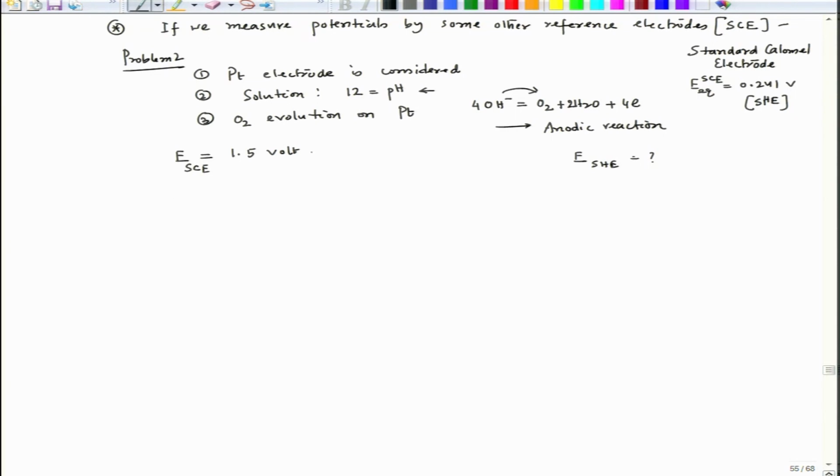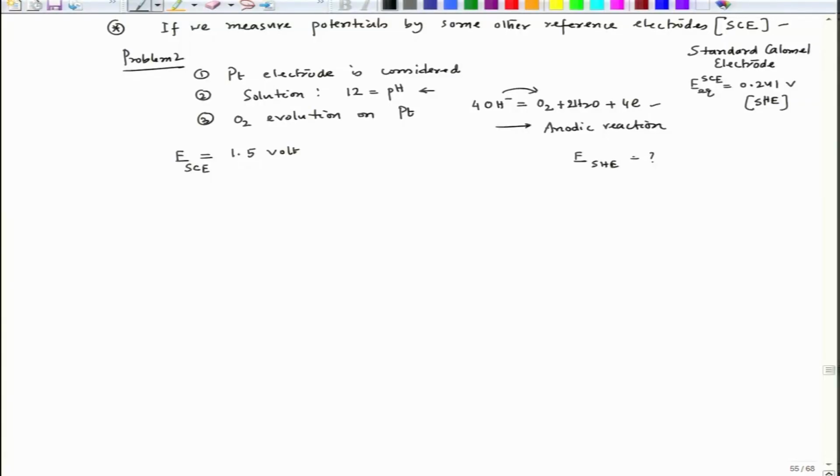Now, if we see this, this is the volt we have measured on platinum. Remember, here platinum is not dissolving. The platinum is acting as an electrode on top of which oxygen evolution is taking place. So, we are taking this reaction, and since it is an anodic reaction, we are considering anodic polarization. Now, if the potential is this, the part to be determined